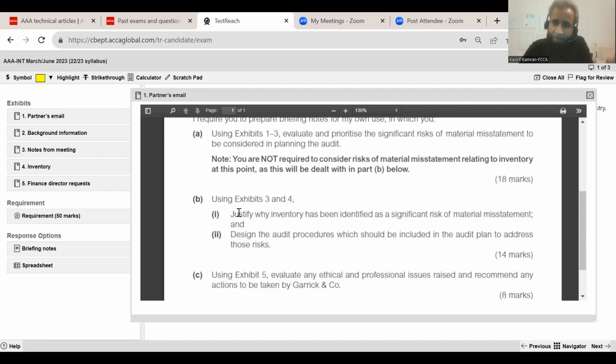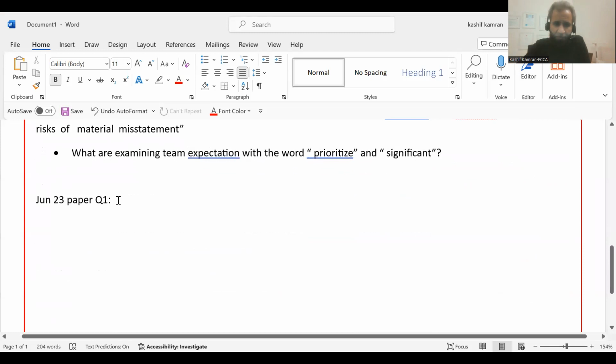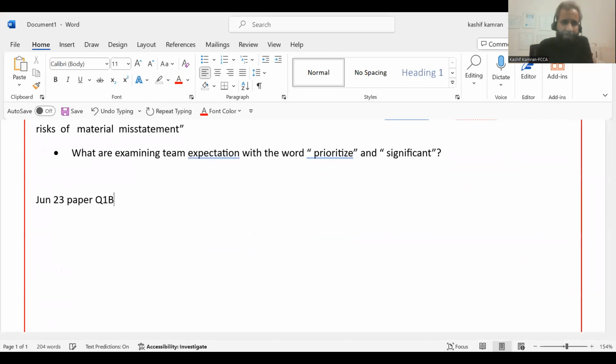But when you come to the B part, you need to justify why inventory has been considered as a significant risk of material misstatement and design the principal audit procedures you should plan to address the risk in inventory. So this is the connecting requirement B. So let's take this down. This is the last change you should be familiar with from question number 1. And let's bring this change down to June 23, question number 1B. And this is the change